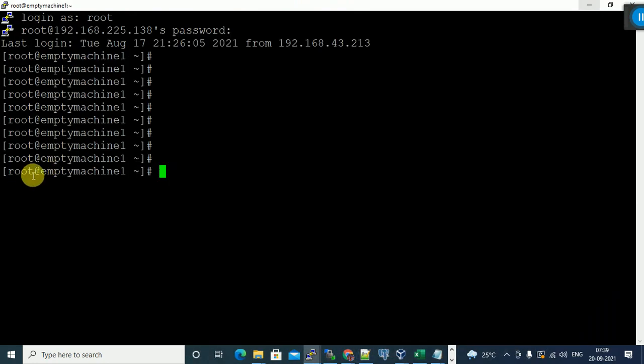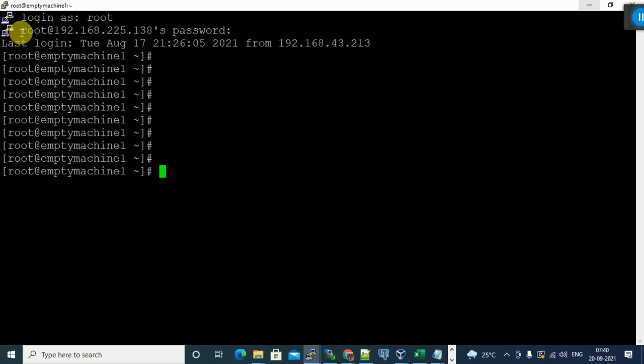Okay, what is this highlighted one? This is the username we logged in as, the root account. Suppose you logged in with your own username, say ODXA user, then ODXA would be here. Whichever user you logged in as is placed here. What is this? The host name, MT Mission 1. MT Mission 1 is the host name. This is how we logged in from PuTTY.